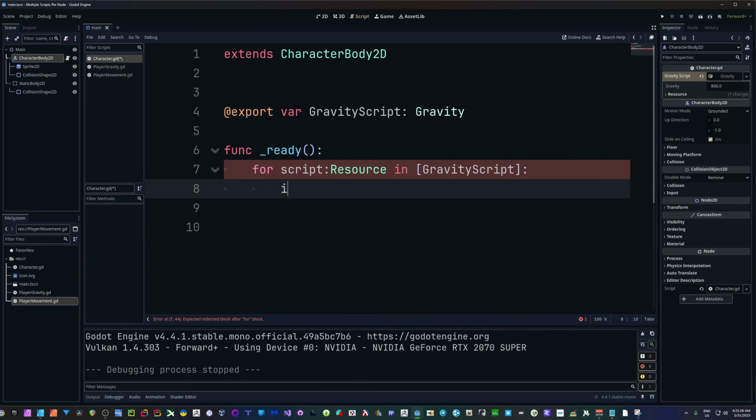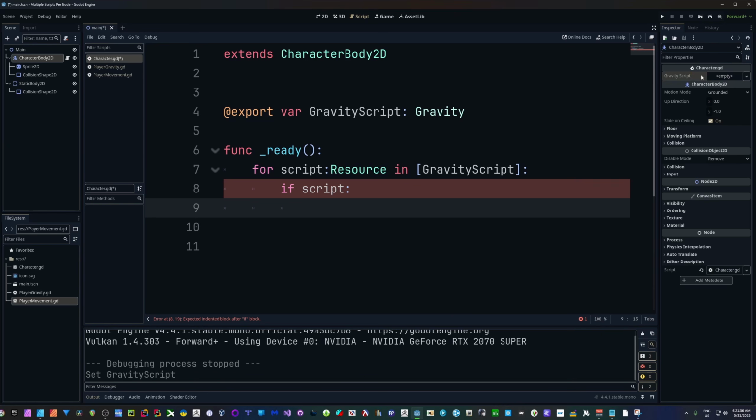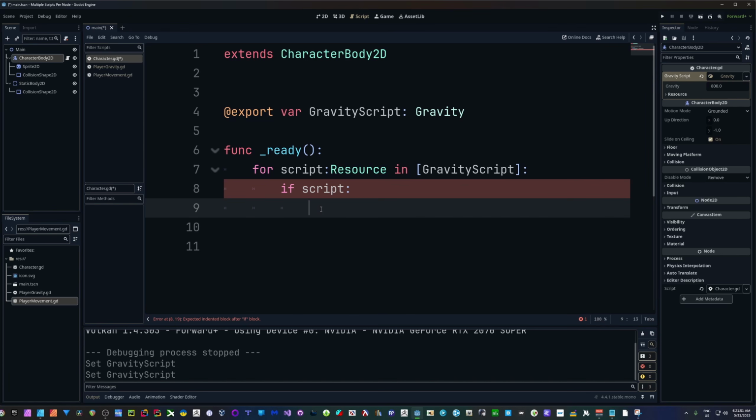So we're going to say if script, just to make sure that, right, we go through these and it's not null. Because if we had it like this, then it would be empty, and if script would not be triggered because we didn't put anything in there. So we could go ahead and put an else in there and push a warning if we wanted to. But we're going to assign the gravity there in the inspector, right? So if script,